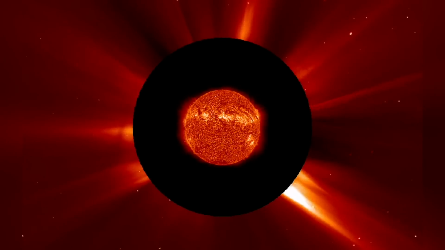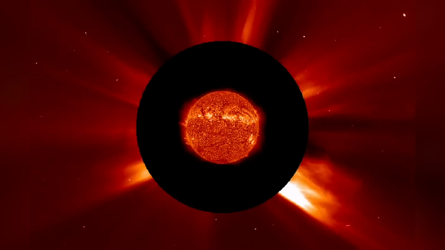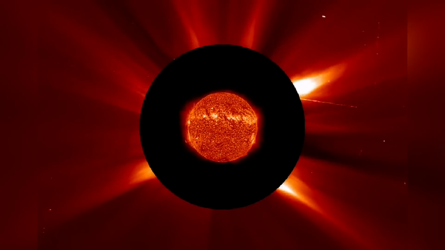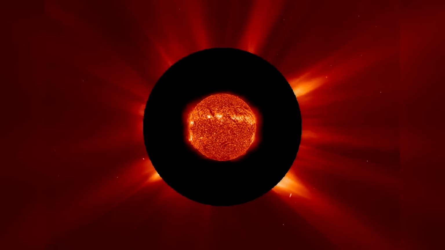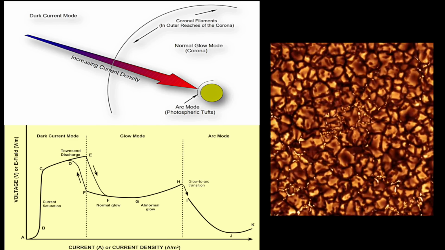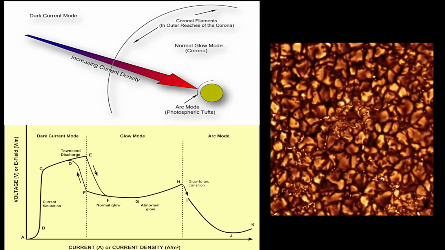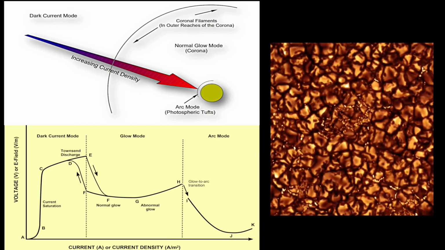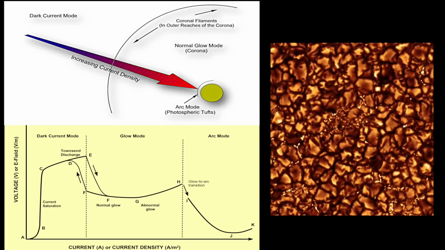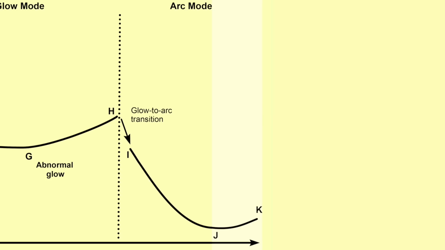We'll cover the same distance we did before, except in the reverse direction. So what should we expect, given what we have gleaned from those two figures? We'll start off just below the visible top level of the sun's photosphere. This is at the far right-hand side of both figures, where the plasma is in its smooth, that is to say, non-filamented region of the arc mode between points K and J.